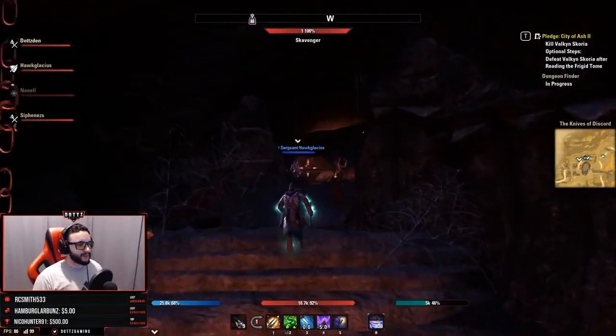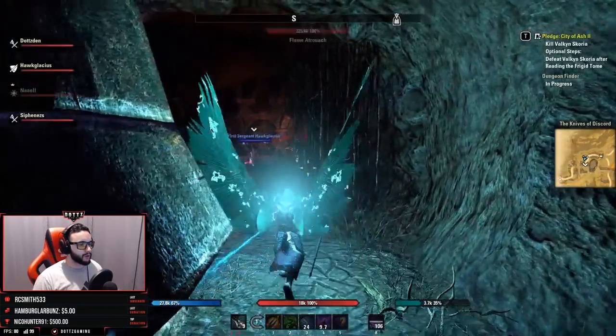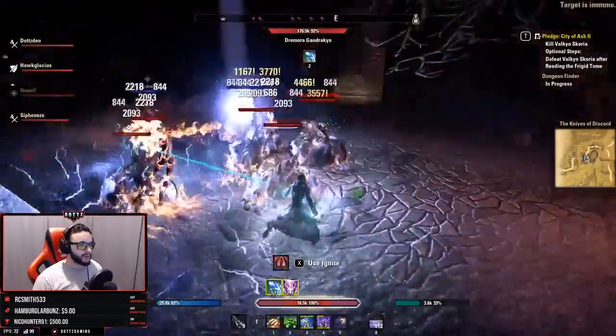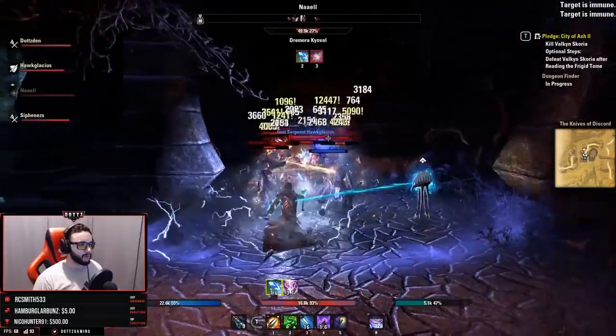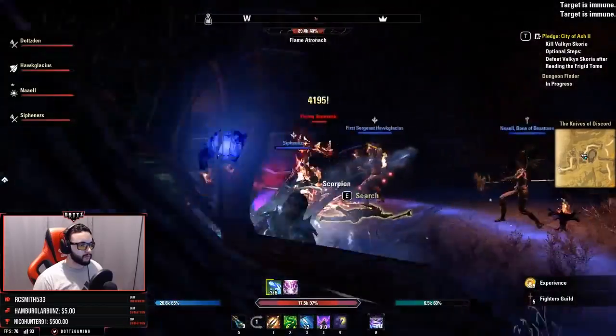So it made our job as the DPS of just keeping pressure on that boss much, much easier. So that is a heavy tank fight. If your tank does a really, really good job there, that fight is really easy. But again, that's another fight, just like the previous, that I've seen bust up groups before who don't know how